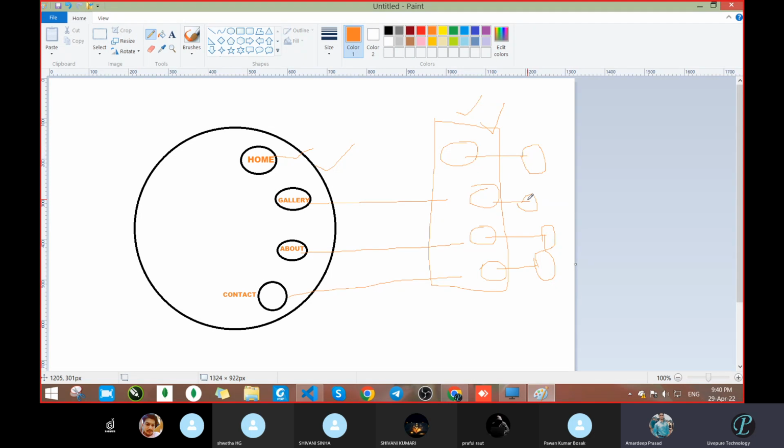In the case of HTML, we are running... means which page is loading? Like index.html, then contact. Suppose this belongs to the HTML. So the home page will load, then the gallery page, then about, then contact. Correct? But in the case of